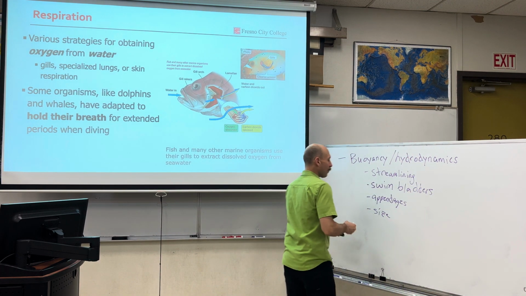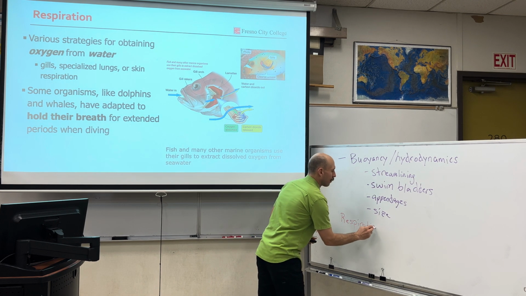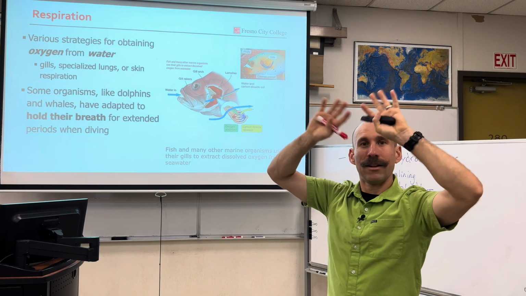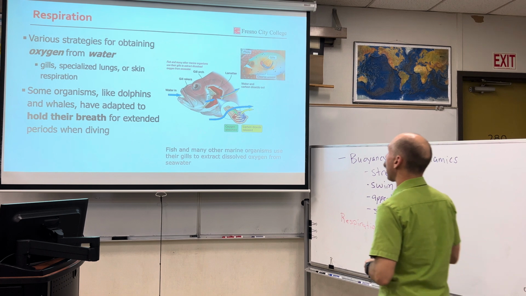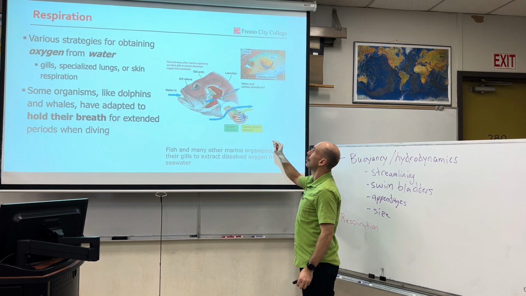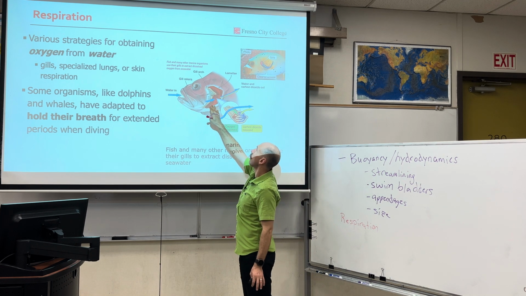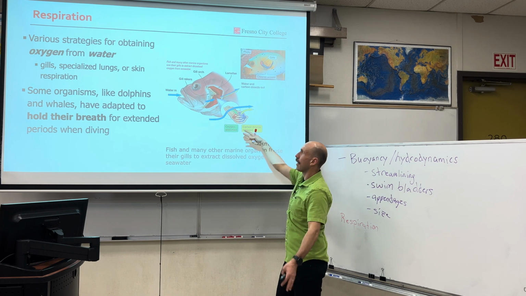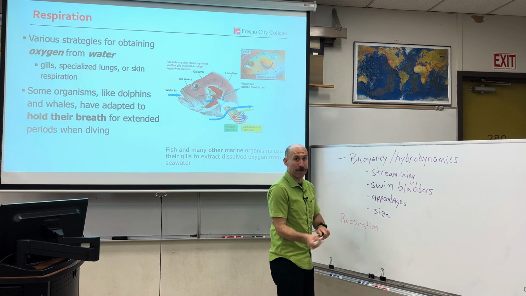Respiration. This is what you do. You breathe oxygen. Well, there's oxygen in the atmosphere. There's also dissolved oxygen in the ocean. And certain marine animals have evolved strategies for obtaining oxygen from water. Here we see in the case of fish, they have gills, they're specialized lungs that can absorb oxygen, release carbon dioxide, and then you have organisms that have evolved the ability to hold their breath for long